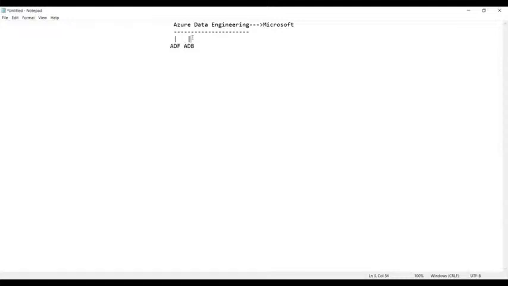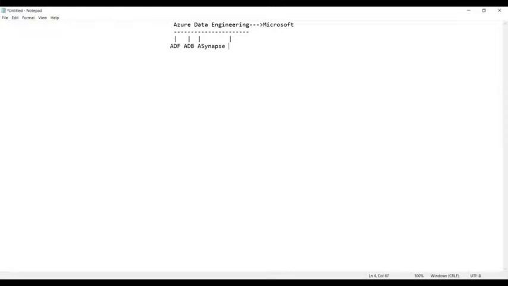Apart from Azure Databricks, we also have the service called Azure Synapse. I'll explain one after the other, don't worry. We have many more services, and I will tell you some of the highlighted ones.